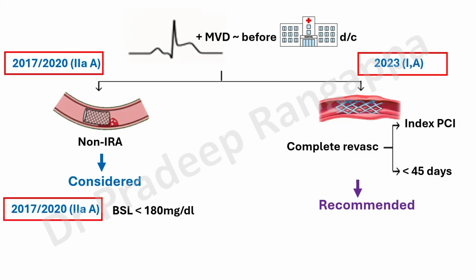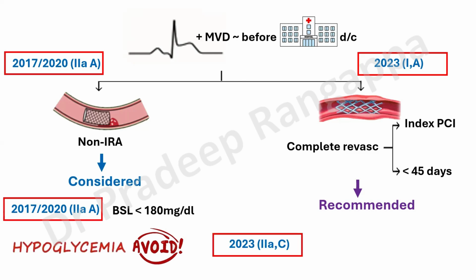And in 2017, there was a suggestion that blood sugar has to be less than 180, and that remains the same even in 2023. And most importantly, for all cardiac patients, the emphasis is to avoid hypoglycemia, because hypoglycemia is more dangerous. The risk of MI worsens and the morbidity and mortality is much higher if they have a hypoglycemic episode, and that remains pretty much the same in 2023. So these are some of the new recommendations that have come in 2023, the salient ones which may be of value to the intensivists.